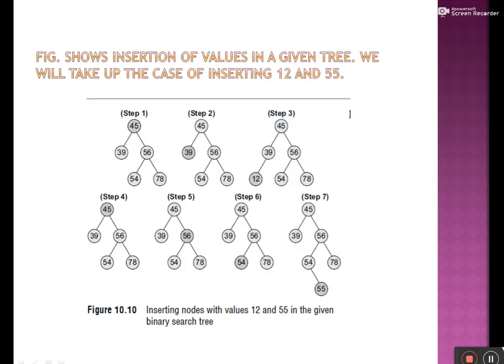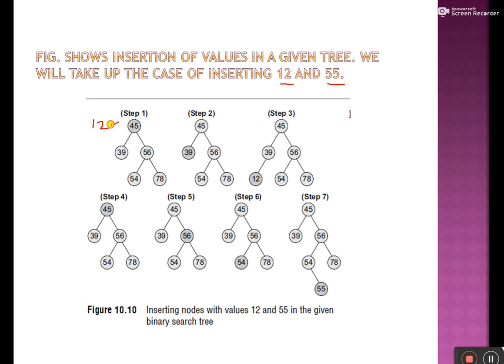Now let's move on with an example, wherein we want to insert a node having value 12 and a node having value 55. In step 1 we start from the root node. Let's say we want to insert node 12 first. So we go on comparing with the current node that is being visited.